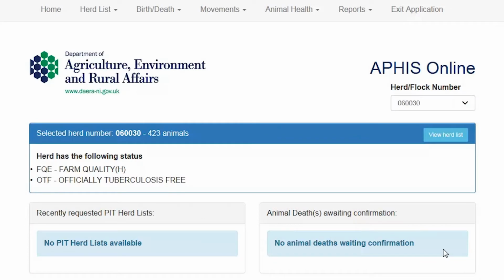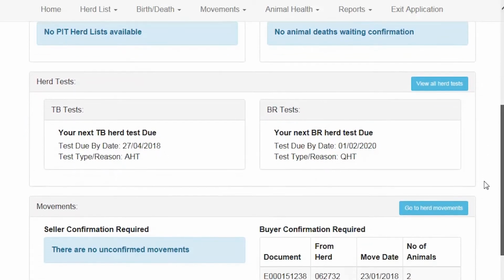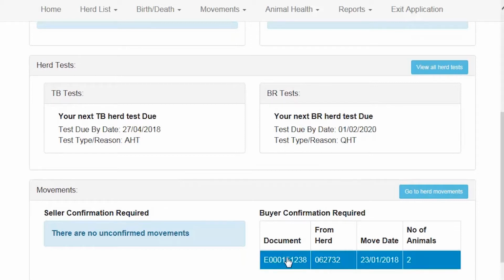In this video we're going to take a look at the process to confirm the purchase or movement of animals into your herd. So we have logged on to our APHIS Online account as usual, and you can see your home screen. You can check that the seller of the animal has completed his notification, because on your home screen under the movement section you will see a buyer confirmation required listed. You can go straight to the buyer confirmation document by clicking on the document number,